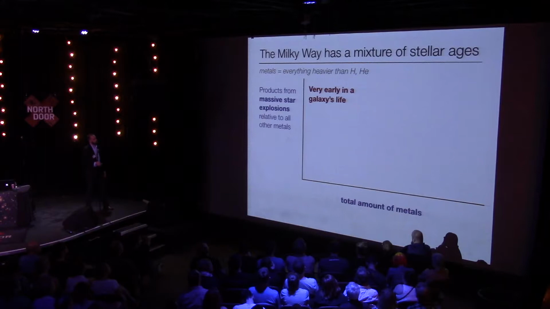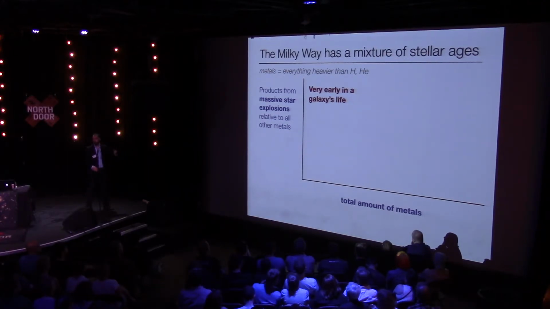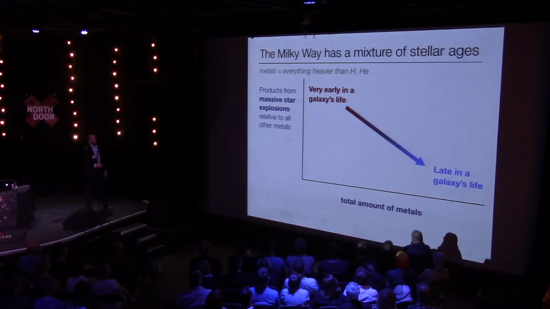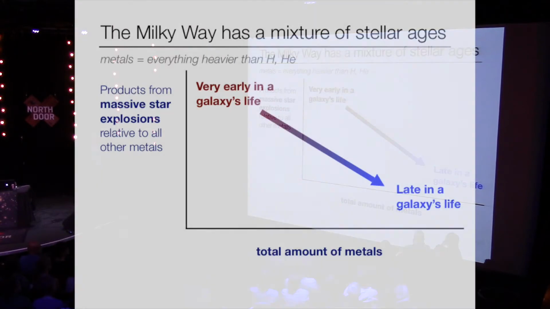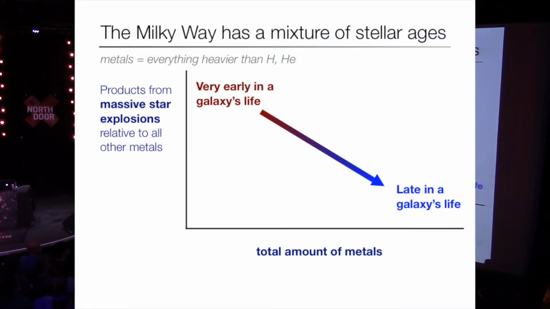Well, very early in a galaxy's life, it'll live up here because it won't have much in the way of anything beyond hydrogen and helium. The stars won't have lived long enough to produce those elements. But what few stars have produced them will be very rich in these elements from massive star explosions. Okay? As you go on later and later in a galaxy's life, as long as star formation happens long enough, you continue to have these massive star explosions, but you also have all of these other elements that come in,